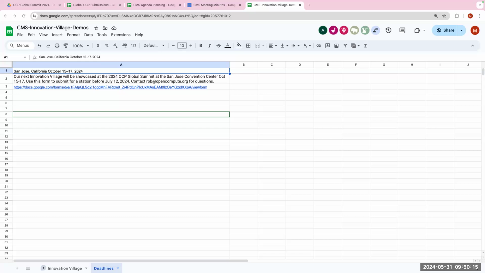I will submit this as one document. I'm double checking with Rob to make sure he's okay with it. This is what I did last year: one spreadsheet that includes all the demos and all the details, including the connectivity and hookup, power and all that stuff. It really helped last year. So I would like to use the same process this year, unless Rob has very strong reservations against it.